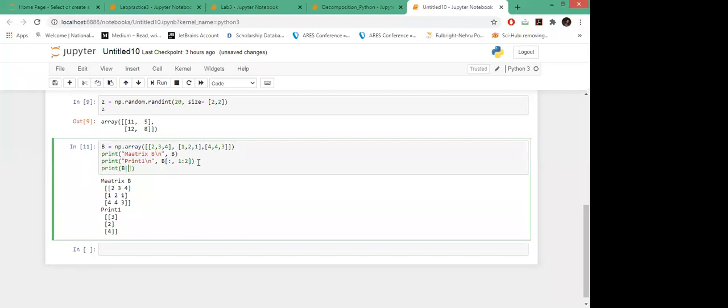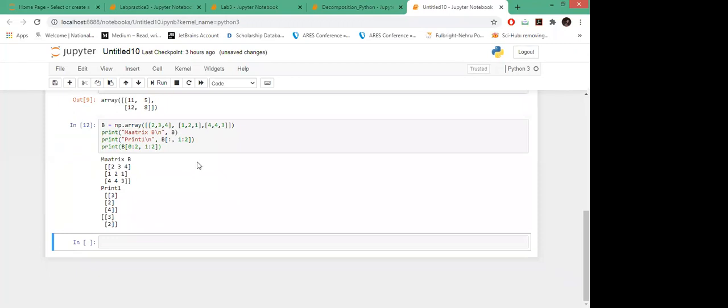Again, I will print and select some particular rows as well. Suppose I want 0 to 2. I'm giving the indexing which I want to select with respect to the rows of B, and 1, 2. Sorry. So I'm printing this.